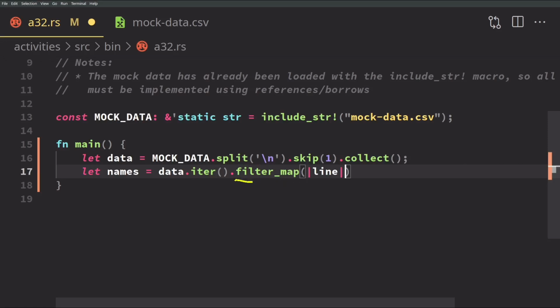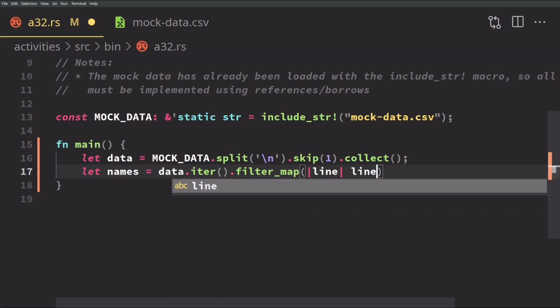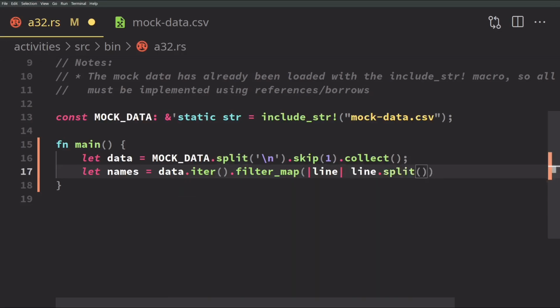So what's going to happen is it'll filter out options. If there are none, they get removed. And if there's some, it keeps it. Everything it keeps is going to get mapped. And so it will change it from one thing to another thing. So what we'll do is we'll take the line and we'll split it into components, and the delimiter will be the comma. We'll then call the nth function on the iterator returned by the split function, and we'll take the